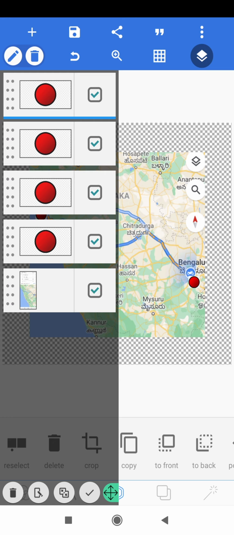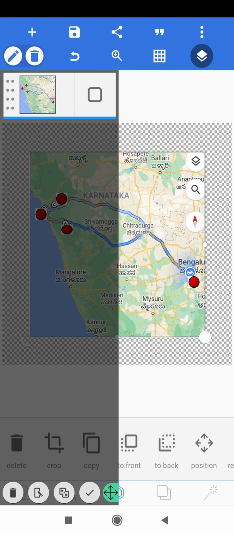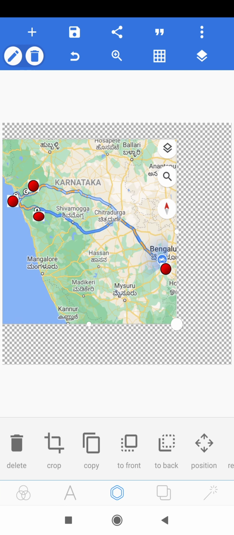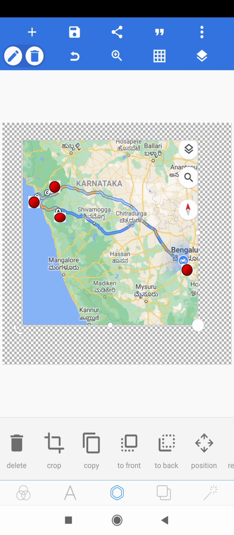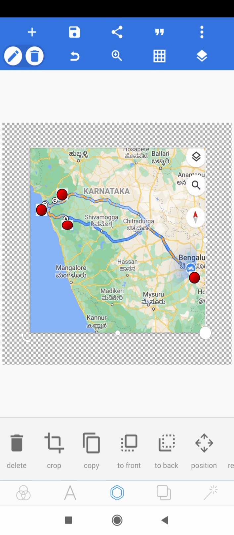Okay, select all, and again you click the middle button on the bottom side, and there will be a confirmation asking are you sure you want to merge the selected objects. You click on OK, and now see your image, everything got merged.